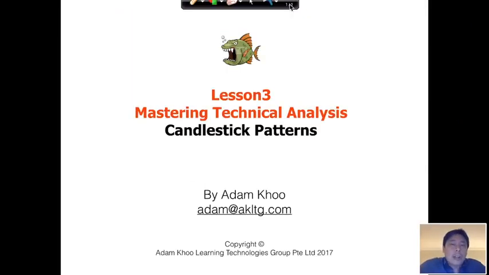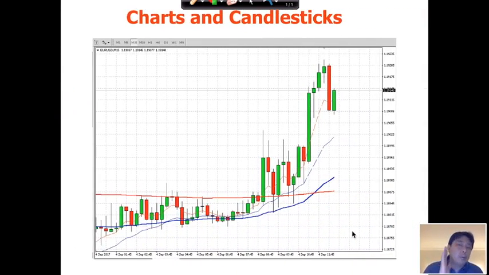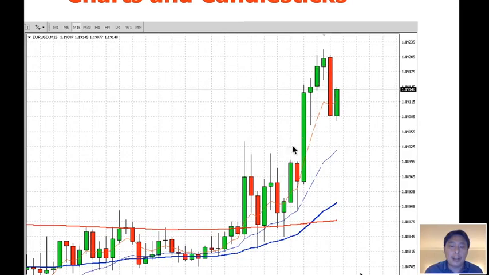All right, so we're going to start this lesson by learning about the most basic, which is reading the price on the chart. And the price is reflected through candlestick patterns. So whatever charting software you're using, we're going to be using the MT4 software. I'm going to show you later on how to set up the charts and how to set up the indicators and the moving averages, okay? So the first thing on the chart is you can select candlestick pattern. So the prices will be reflected in these candlestick bars, if you will, right?